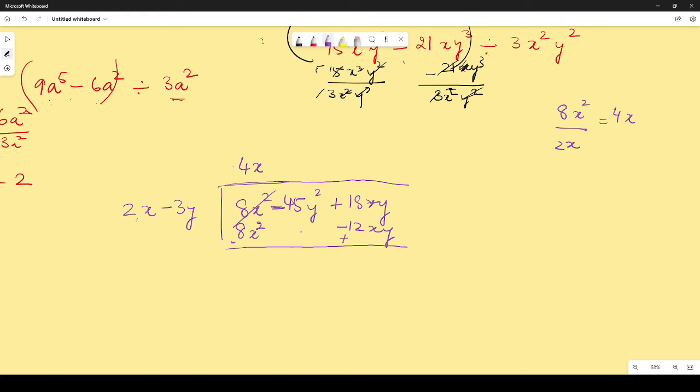ये वाला इसके नीचे कुछ भी नहीं आया. सो ये सीधा का सीधा यहाँ से इट इज ब्रॉट डाउन. इसको ऐसा का ऐसा ही उतार के लिख देते हैं यहाँ पे. देयर नीड्स टू बी नो चेंज ओवर हियर. मेनी स्टूडेंट्स कमिट दिस एरर. वो जब साइन चेंज कर रहे होते हैं इसका भी साइन चेंज कर देते हैं. नो, जिसके नीचे कुछ नहीं है, जिसके नीचे कोई टर्म नहीं आया है, इट इज ब्रॉट डाउन जस्ट द वे